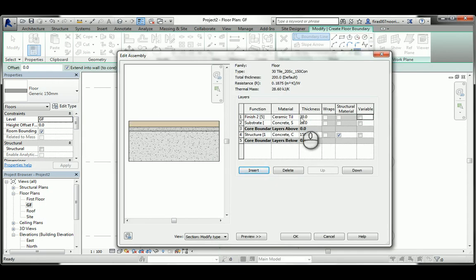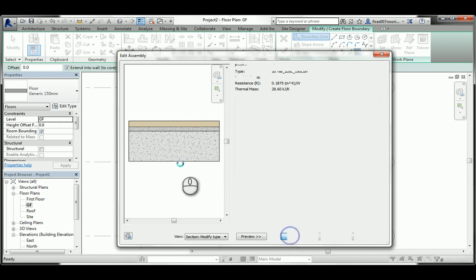And again, lovely. See, it's 200, it automatically calculates the entire thickness, and it's giving you the resistance and the thermal mass. And again, this is an internal side, that's why this is 5, and that's a substrate, it could be 5. Nothing here because we have dirt, so I'm not going to add anything. You can add membrane or any kind of insulation material. It's up to you anyway. So I'll just go OK, and OK again,